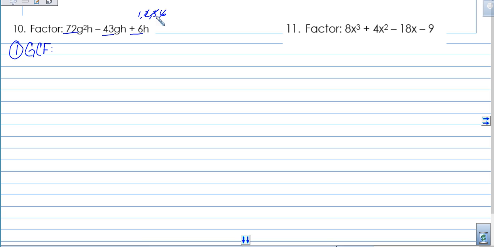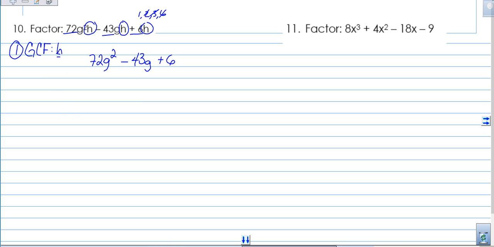Okay? However, you can look and see, do they all three have a letter that's the same? If you look, they all three have an H. So we're going to take an H out. Okay? So then you'll get 72G squared minus 43G plus 6. And no matter what we do, our final answer is going to end with an H in it